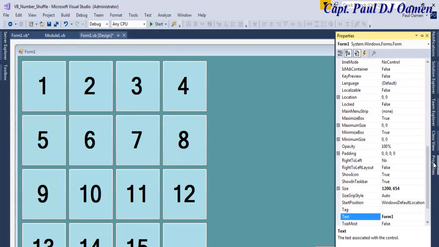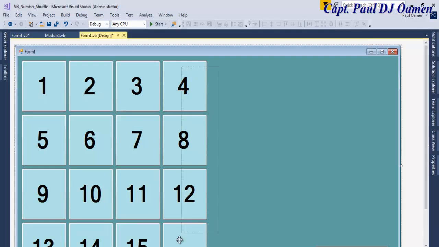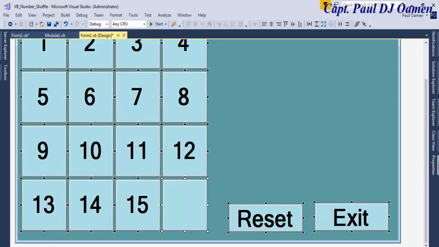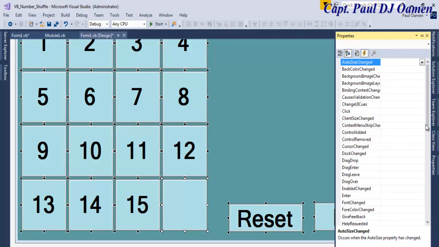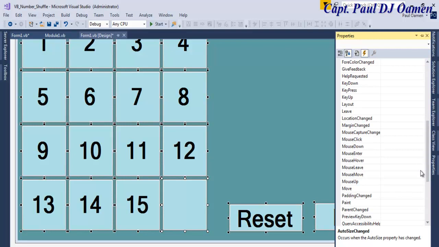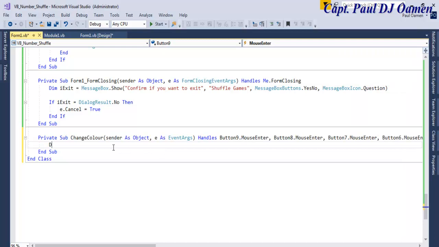The form itself, let's go straight to the start position, and get it centered. There. Now let's select all of the buttons. And for all of these buttons, I just want to use mouse enter. So let's go to the event, and where we have mouse enter, give that a name, change color, press enter, and right underneath here I'm going to declare as follows: dim b as button equals sender,